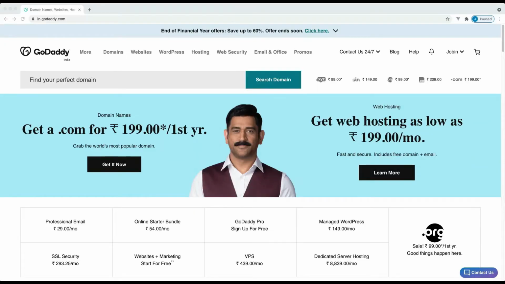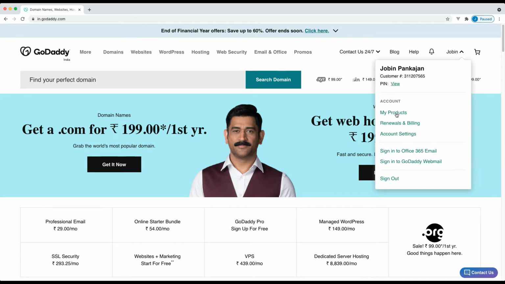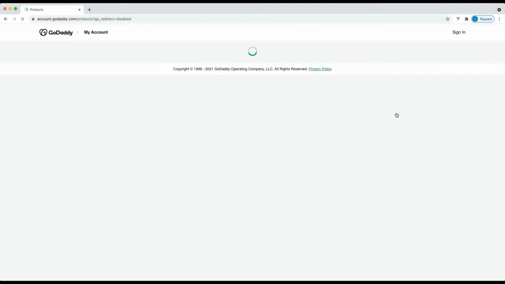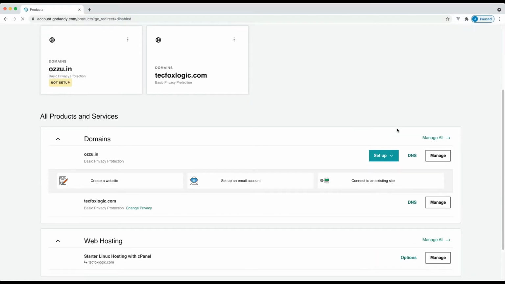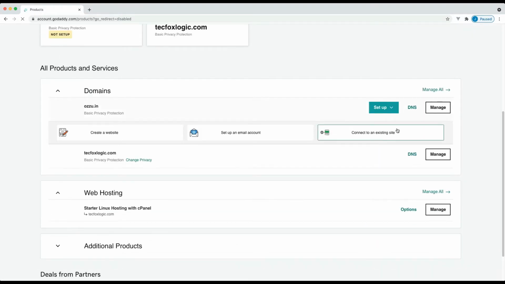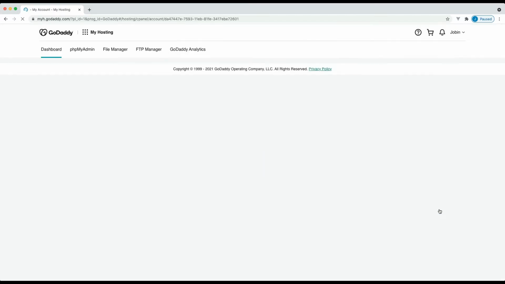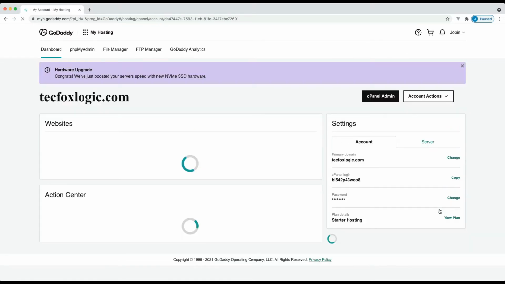Dear friends, we have already set up the cPanel and the domain. Let's go to my product section. Here you can see domain and web hosting. In the web hosting, click on manage. Now we are on the dashboard.